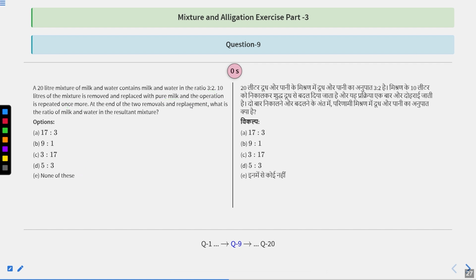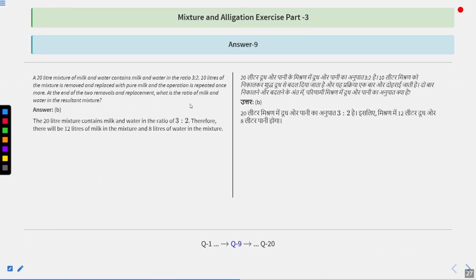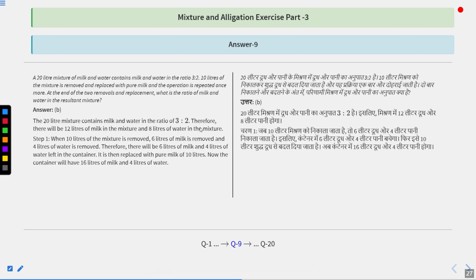Now time's up. Let's see the solution. The 20-liter mixture contains milk and water in the ratio 3:2. Therefore, there will be 12 liters of milk and 8 liters of water in the mixture. Clear? So, when 10 liters of the mixture is removed, 6 liters of milk is removed and 4 liters of